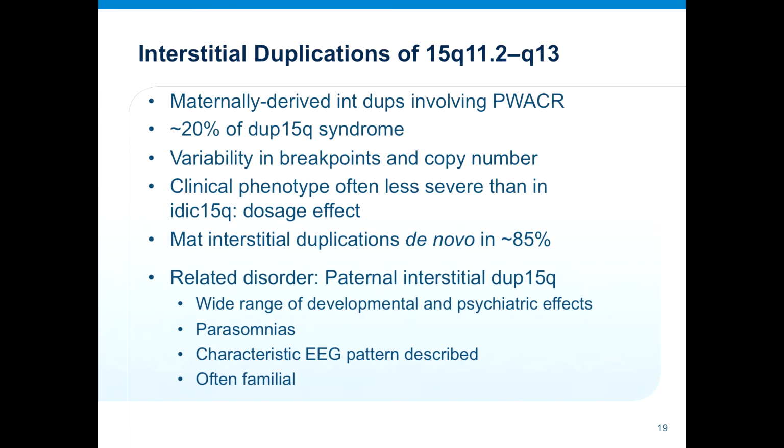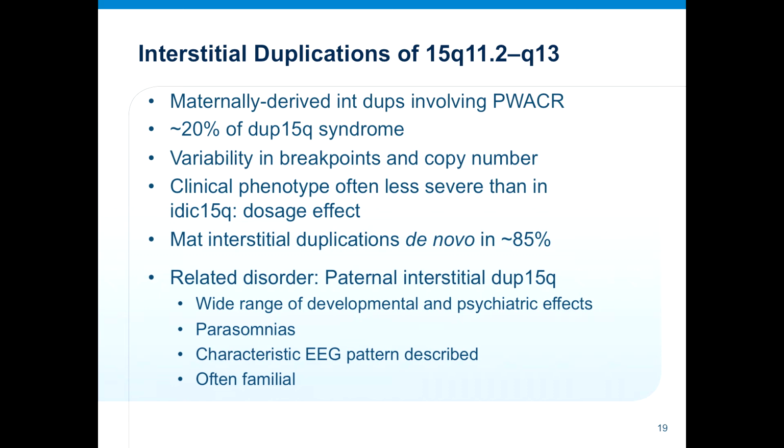It's de novo in 85% when we're talking about maternal interstitials, but we always want to check. So as a genetic counselor, somebody comes in, they have an interstitial DUP15Q, first thing I want to do is parental studies. Is it coming from one of the parents? And then we may want to know if there's a difference in phenotype, you know, do some additional studies and see where's the parent of origin. Is it paternal or is it maternal?